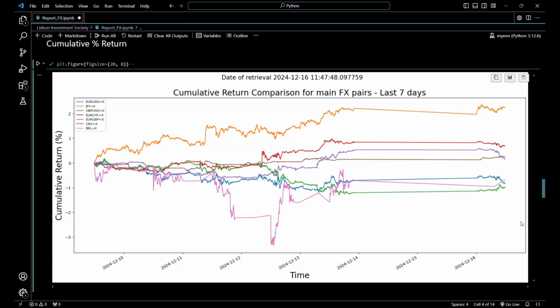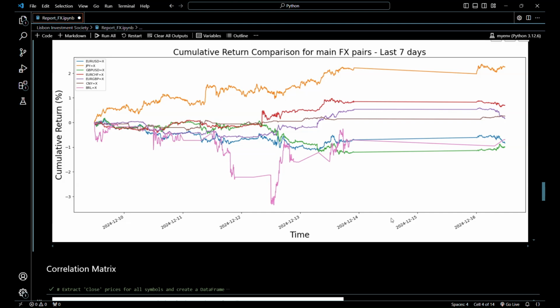analysis. And some pairs like the real, sometimes they get a little boring right here, and they just do this, right? So yeah, nevertheless, we can see that we have a lot of already the cumulative return from 0.0 to the deviations here throughout the week. So we can see clearly the 5 trading days right here